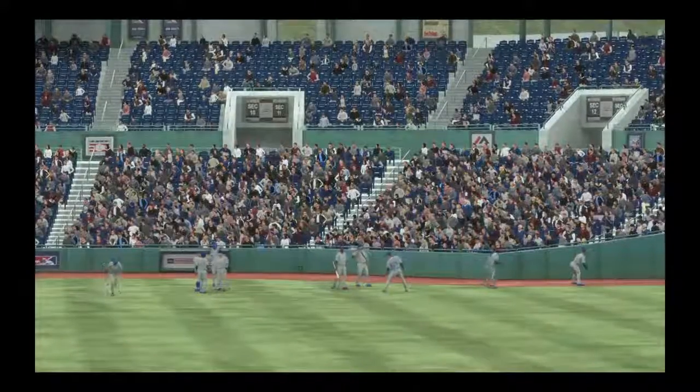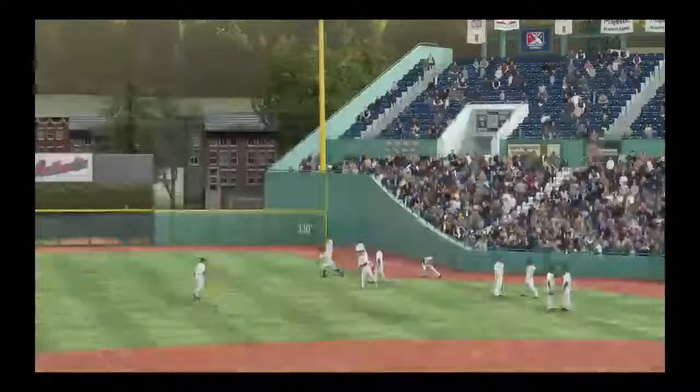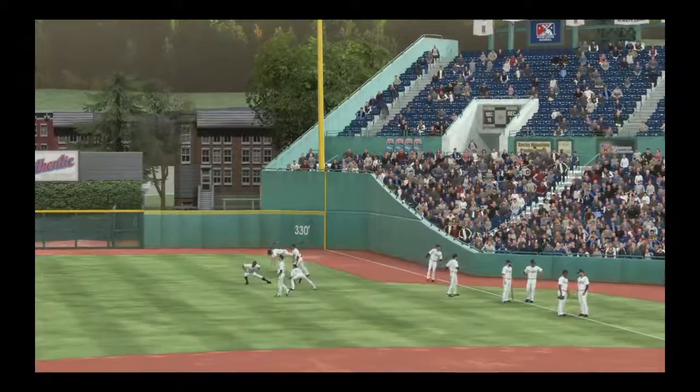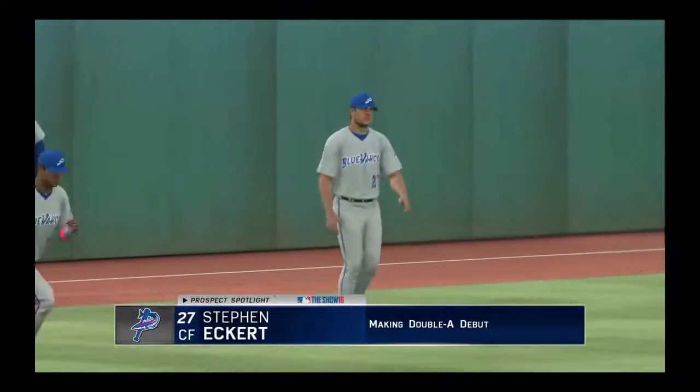Back here with our minor league pregame show, I'm Matt Vasgersian getting you ready for Double-A Southern League action tonight as we jump into our Bowman Prospect Spotlight. Stephen Eckert will be our subject, making his Double-A debut in this one, so this is probably an exciting day